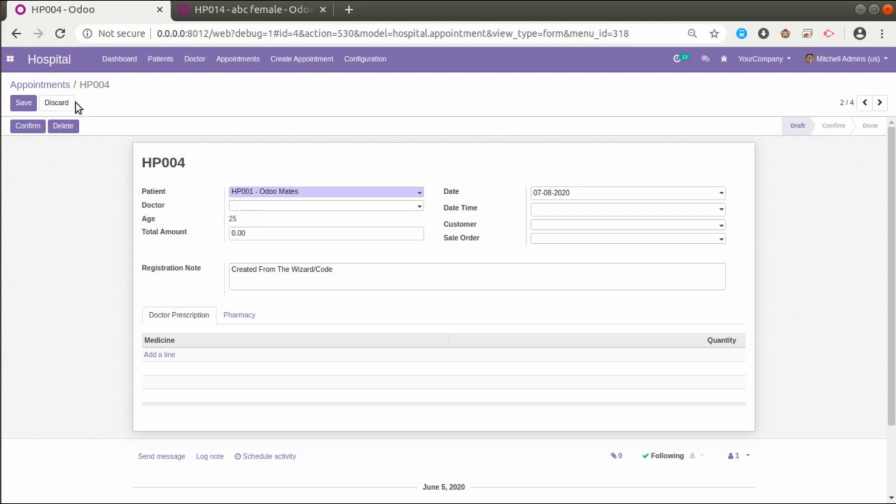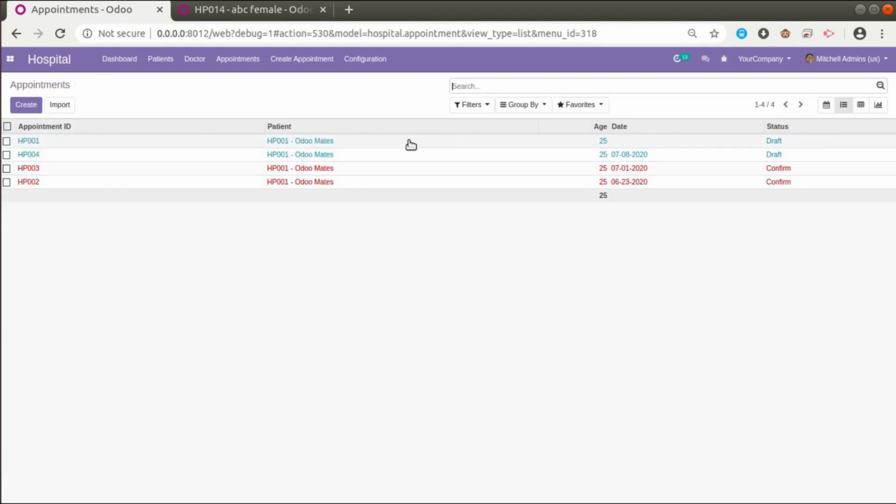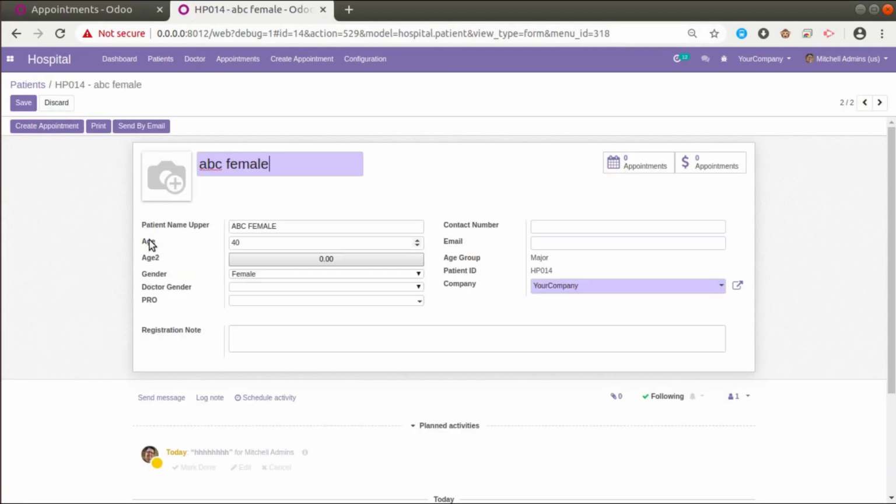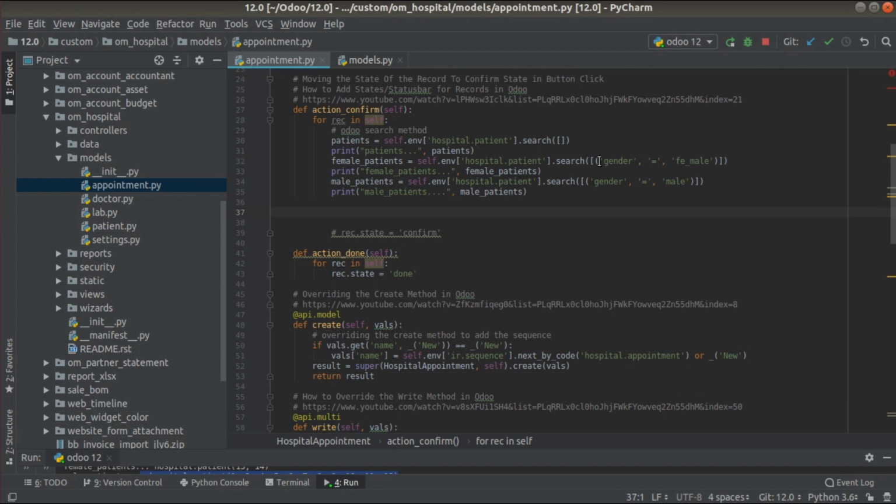So what I'm going to do is search the female patients. I forgot, that is the appointment form. I'll explain here. If I click on the age field here, the same, the technical name of the field is patient_age. So what I'm going to search is patients with age above 30 and female. If I come to PyCharm, I'll add one more search condition. You can simply copy, put a comma, and paste it. Instead of gender, I have to search inside the field patient_age, and I'll move it into the next line.